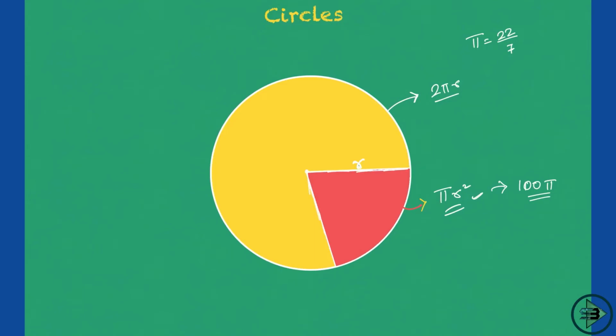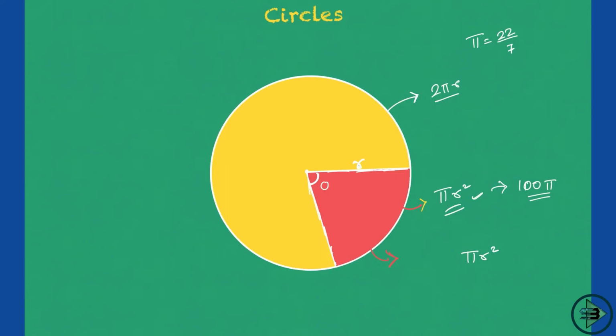Okay, and now I am asking you, what is the area of this red region? That is the area of the sector. So what is the area of the sector? You will say the total area is pi R square, correct? The total area is pi R square, and you want part of this pi R square, not the full pi R square, but the part of it, and that is dependent upon this angle.